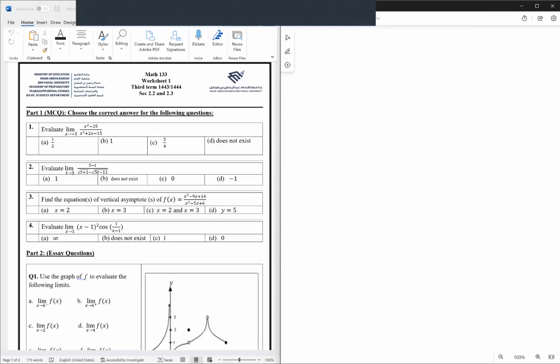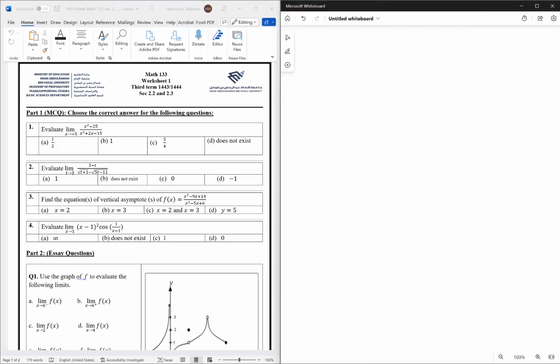Hello, so this is the solution of the worksheet number 1 related to section 2.2 and 2.3. So we will start with the MCQ questions. For MCQ number 1,